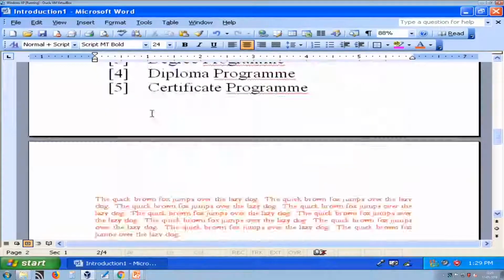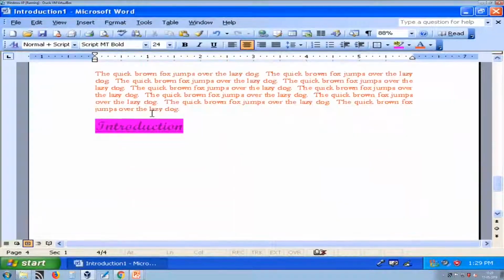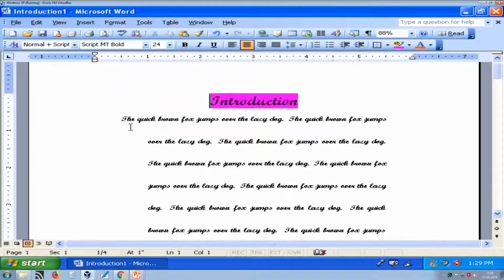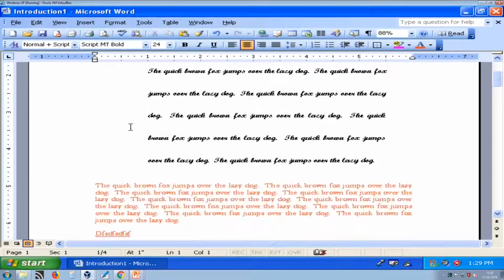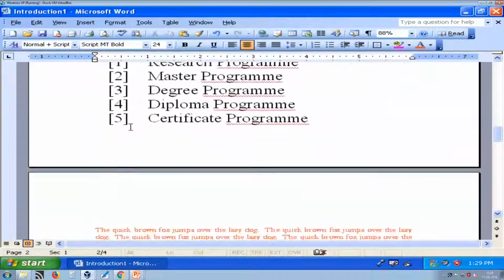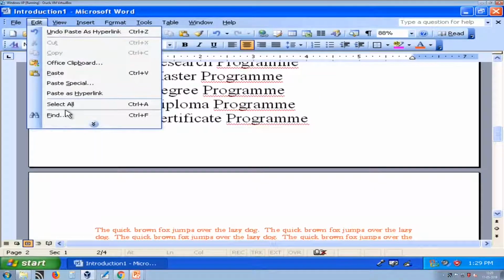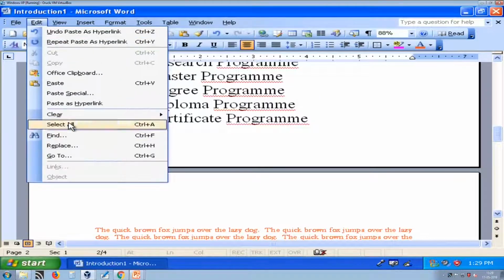So, this is like a bookmark in a web page. I just have to click with Control, and I can reach immediately between these two places. So, paste as hyperlink is a very useful feature.